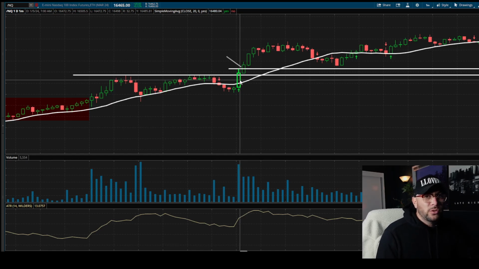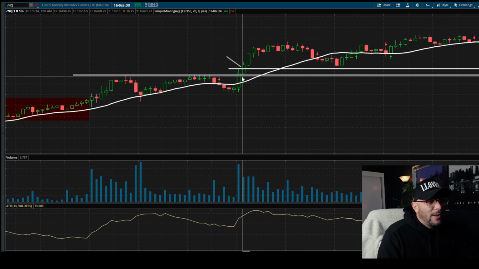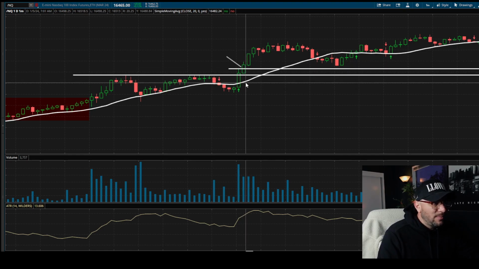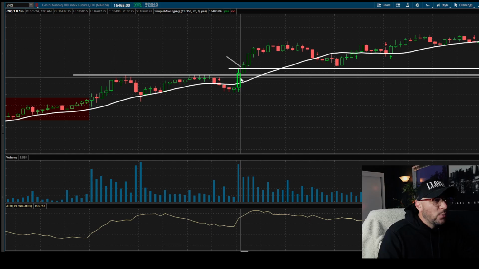It's completely up to you. There's no right or wrong way to take the entry on it. Again, just as long as you know where your stop loss is going to be. So once we break this, all we're going to really look for, if this is a 32.5 point candle, let's